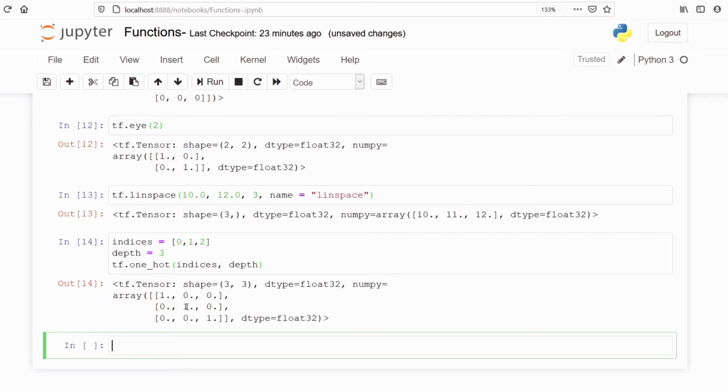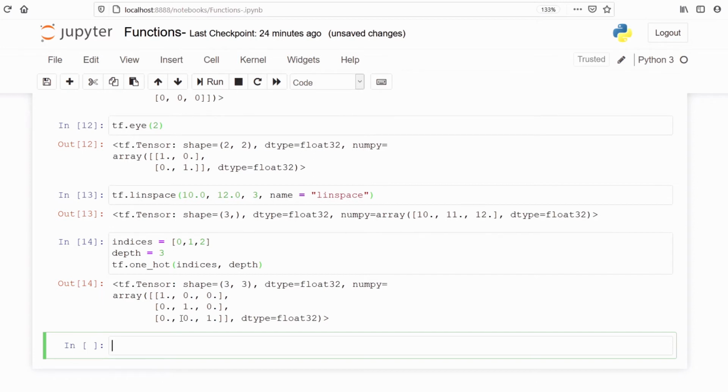So number 1 will get the value 1 and the rest, 0 and 2, will get the value 0. Now in the third row we are considering number 2. So number 2 will get the value 1 and the remaining numbers, 0 and 1, will get 0. This is how we can encode a variable in TensorFlow using the one-hot method.